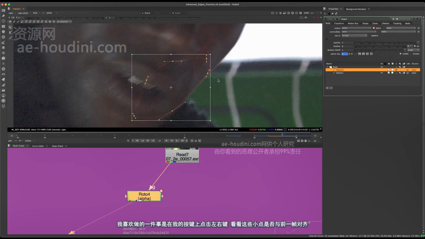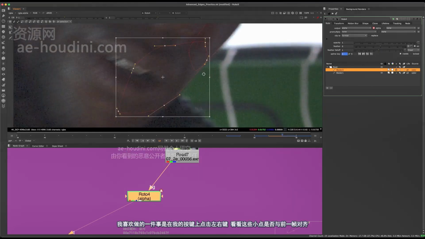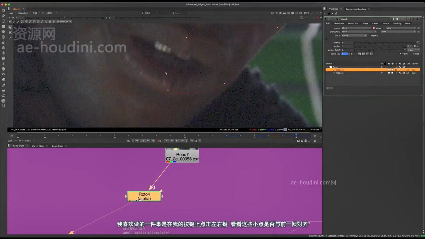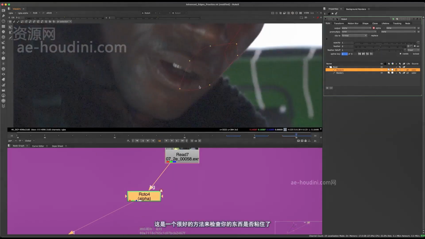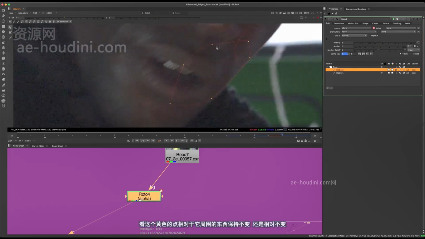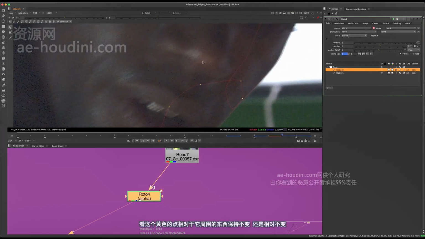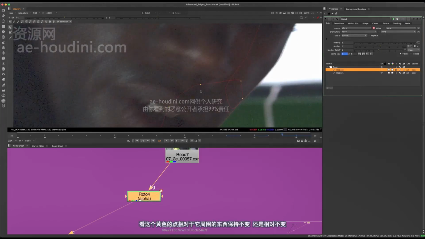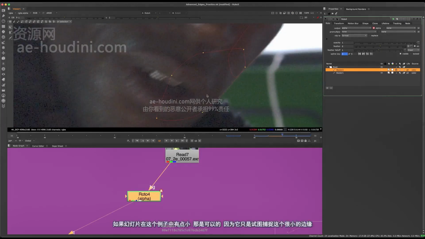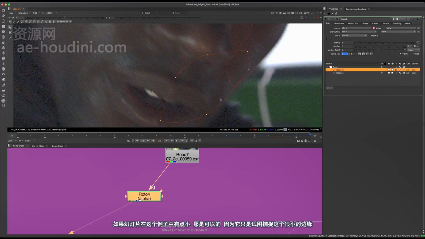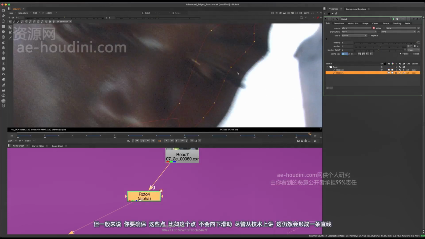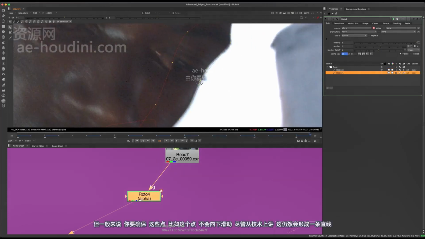One thing I like to do as well is tap left and right on my keys to see if these little dots line up with the previous frame. So that's a good way to see if your stuff is sticking. Is this yellow dot staying the same in relation to what's around it, or relatively? It's okay if it slides a little bit on this instance because it's just trying to capture this little tiny edge. But in general, you want to make sure that these points